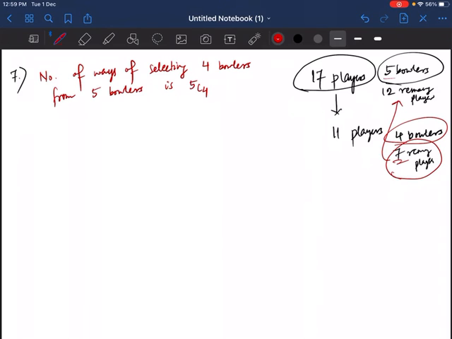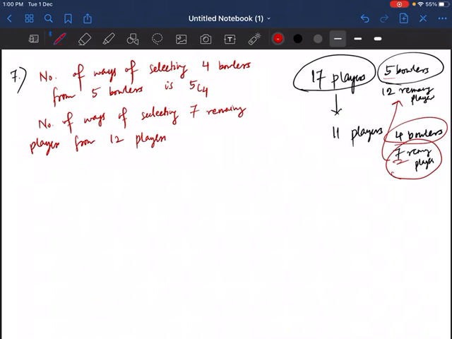So I will write here number of ways of selecting 7 remaining players from 12 players, and that is 12C7. Now I will write, therefore by multiplication principle,